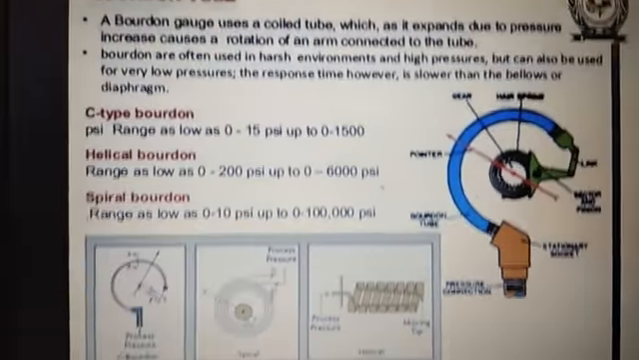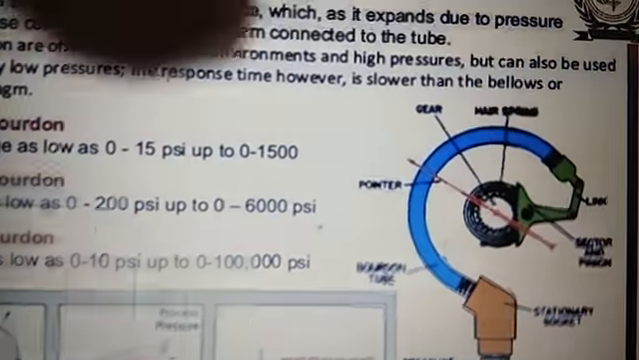Bourdon tube. Actual diagram of Bourdon tube you can